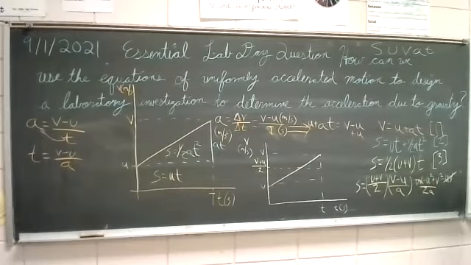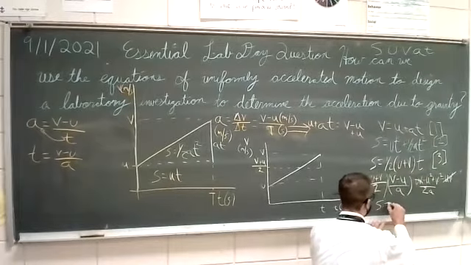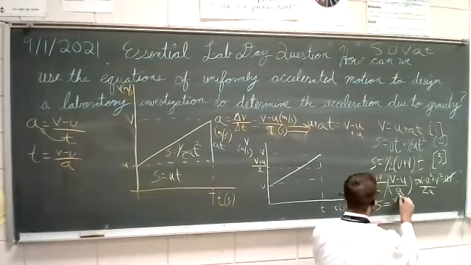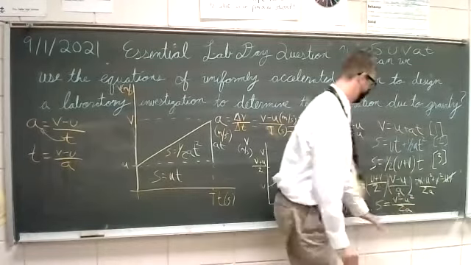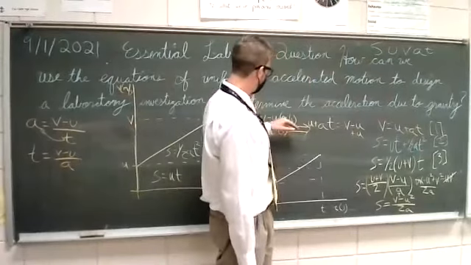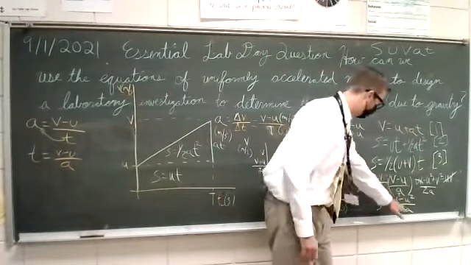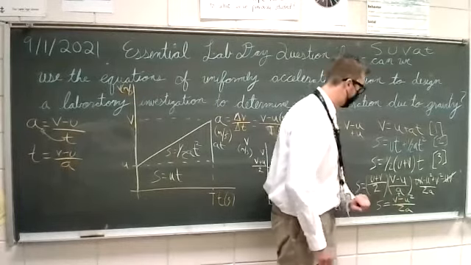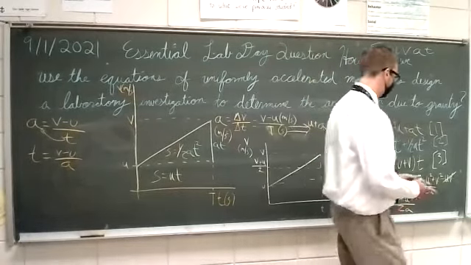Let me rewrite it like this. S equals v squared minus u squared over 2a. Just like up here, we don't want negative signs, we don't want fractions. Let's clean it up. Multiply both sides by 2a. Add u squared to both sides. And you get,